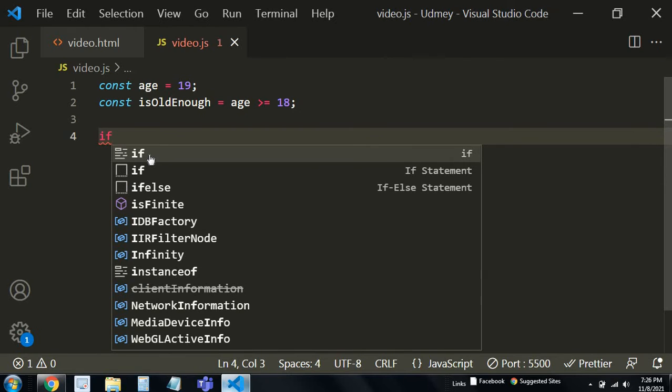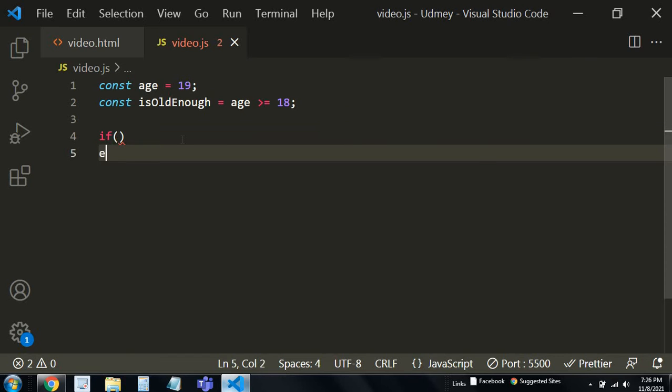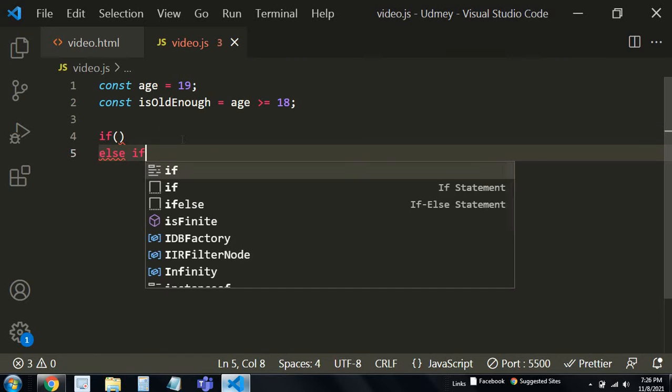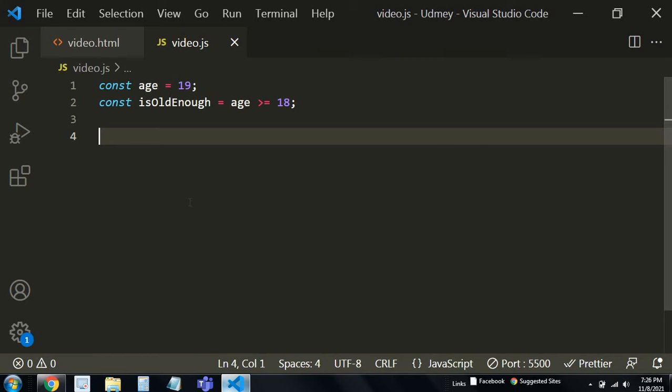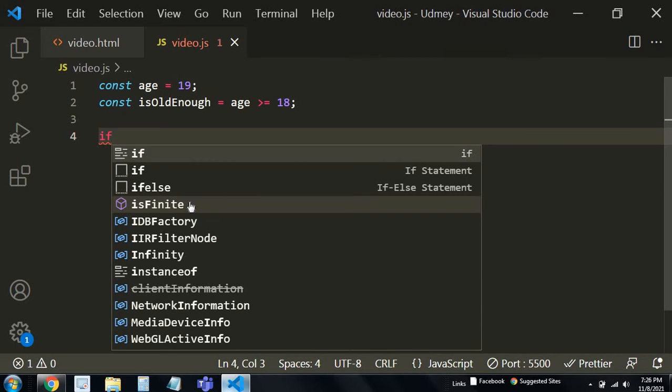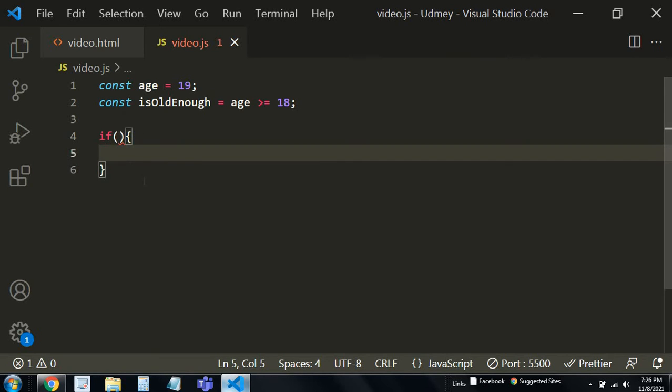So there are basically three statements of them. First is if, then the second is else if, then the last one is else. So you can see that something red is coming because we have not completed the statement yet. You need to write if, then go on your shift plus 9 and you'll just close this. Now you need to put these curly braces so that you close them, and now you just enter over here, and now still it's showing one red because you have not entered any input over here.